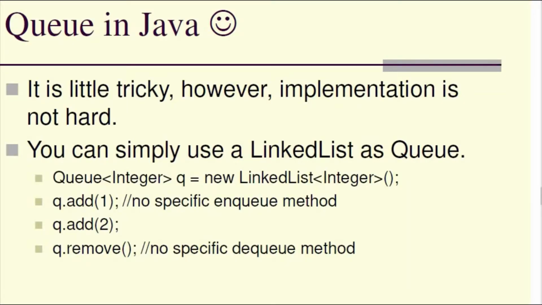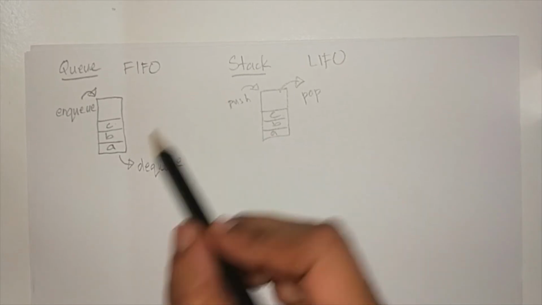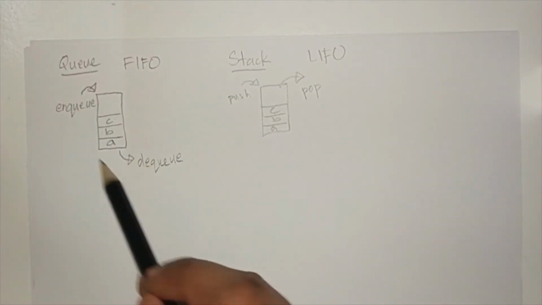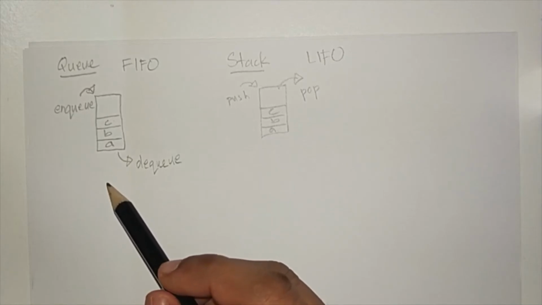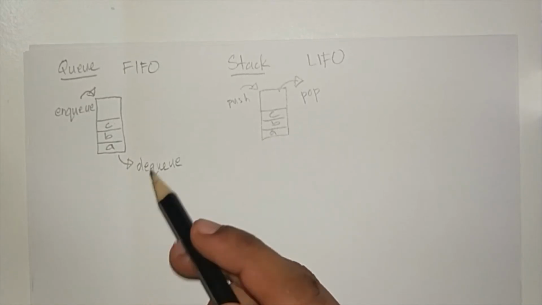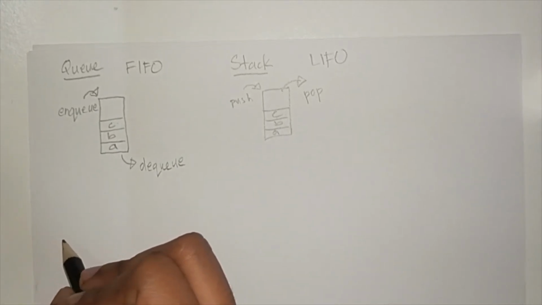We have some easy ways to implement a queue in Java. It's not difficult at all. You can simply use the linked list as a queue, and I will discuss that on paper. In Java, you have a simple way of implementing a queue, right? Because we have a linked list class that's already there in Java. So all we need to do is create a